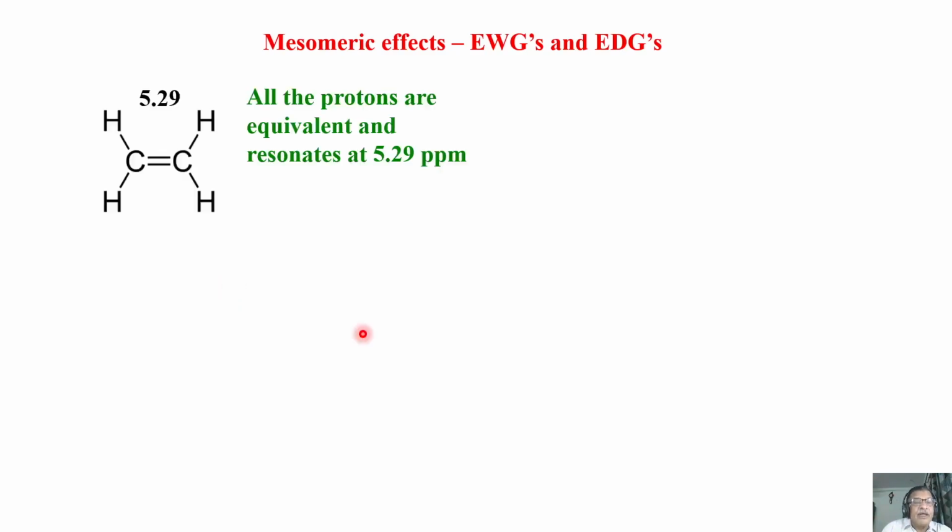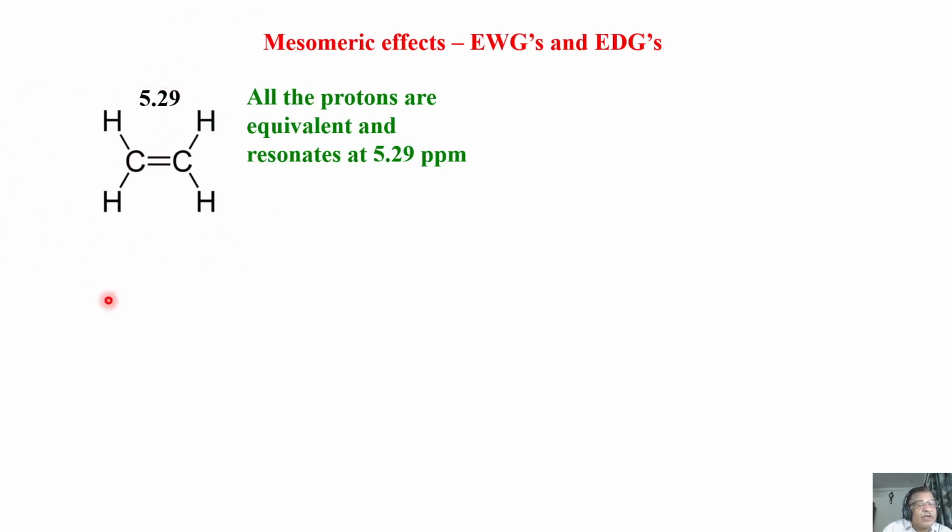Now, another important factor is the mesomeric effect. You all know what mesomeric effects are in basic chemistry. I don't have to explain that. Now consider an example of one molecule where we have an electron withdrawing group and also another molecule where we have an electron donating group. Start with a simple molecule. What is this? C2H4. C2H4 is ethylene.